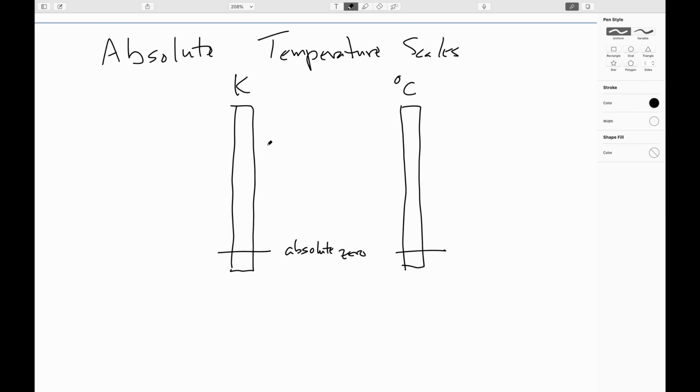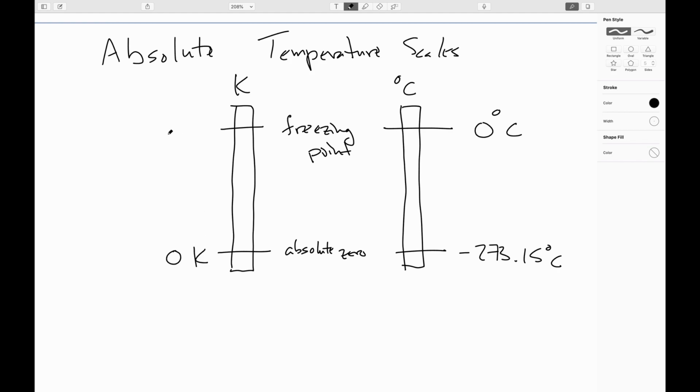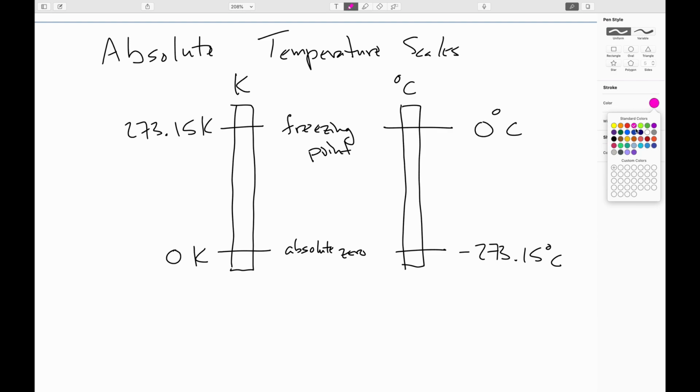And then I'll finesse this point a bit more in a minute, but for purposes of discussion, let's just use the freezing point of water as our upper temperature. So remember, this is 0 degrees C, and this is negative 273.15 degrees C. So here in the Kelvin system, we'll say this is 0 Kelvin, and this is 273.15 Kelvin. So now, the thing I want you to notice here is that the values of the temperature differences